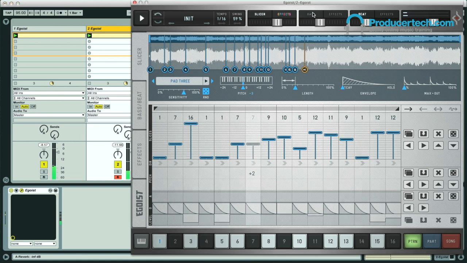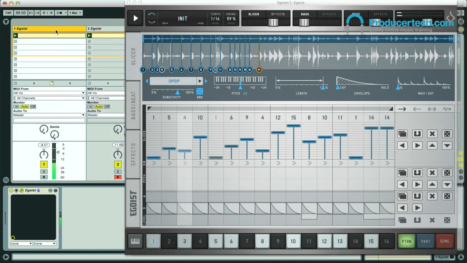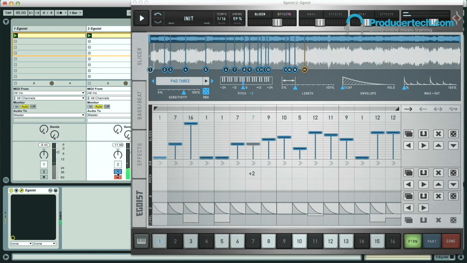If I take out the main beats and bass, you can hear we've got the nice glitchy sounds, both being made in the slicer section of each instance, with the glitchy percussion on track 1 and the pad sound on track 2. Both of these are simply sliced up loops, which are being resequenced by the step sequencer below, which allows you